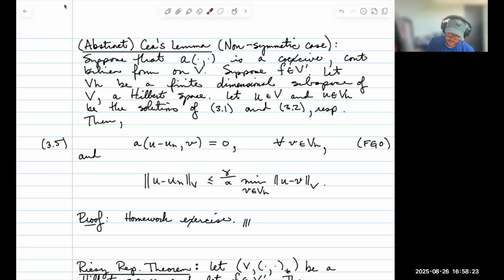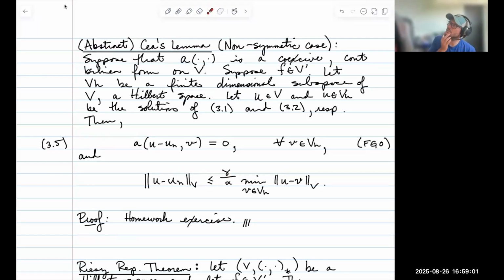Furthermore, the norm of U minus UH, measured in this norm V, is less than gamma over alpha times the minimum of U minus V taken over V in VH. So I'm leaving this as a homework exercise. The proof of it is quite a lot like Say's lemma originally, except now I'm going to try to guide you through this in the homework. You have to use the coercivity, the continuity, and